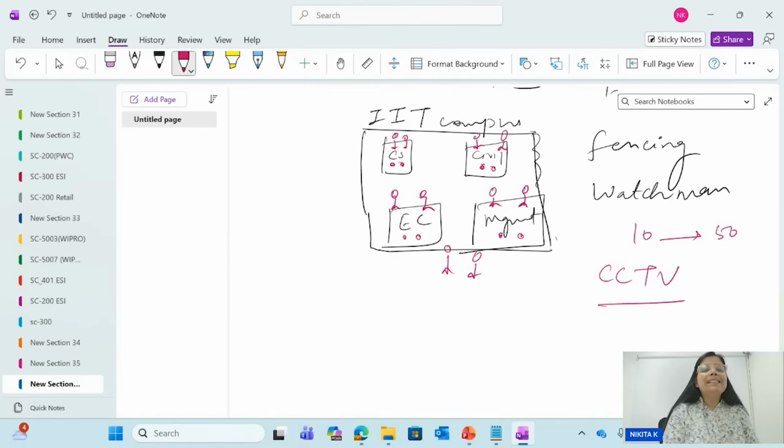Who will be doing the real-time monitoring? Who will be watching what the students are doing? Which door is open, which AC is on, or whether someone is trying to bully anyone. So it will be a video from where your watchman can see it and can take action. Let's say the IT server room is there, where the AC is on. This watchman can see it and he can go there,